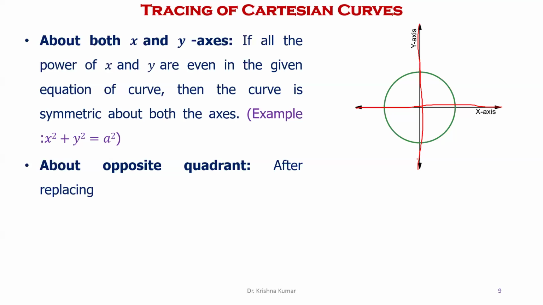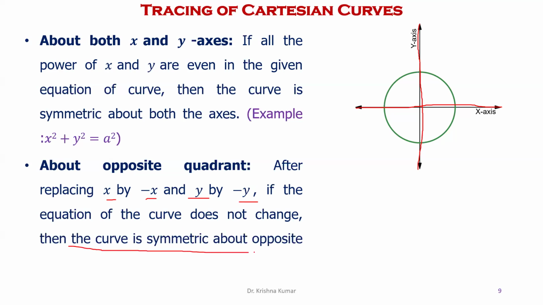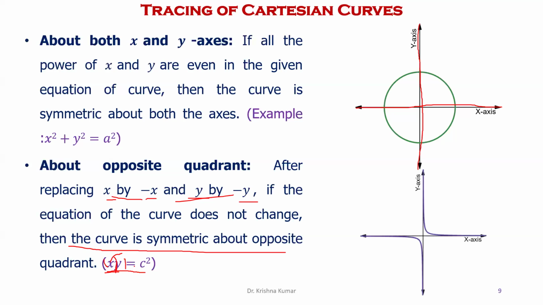About opposite quadrant. After replacing x by minus x and y by minus y, if the equation of the curve does not change, then the curve is symmetric about opposite quadrant. Let us take one example, xy equal to c square. If we replace x by minus x, y by minus y, then it will be minus x into minus y, which is again xy, equal to c square. So this is called a